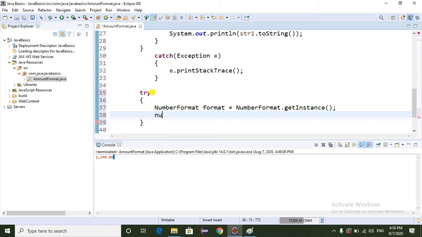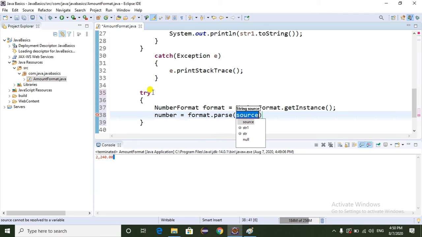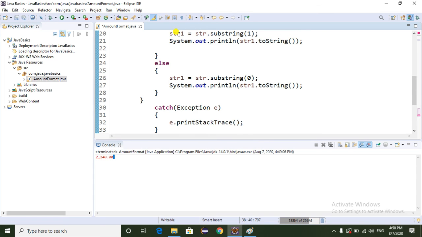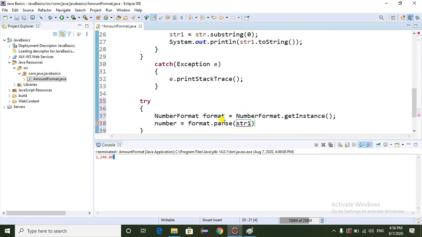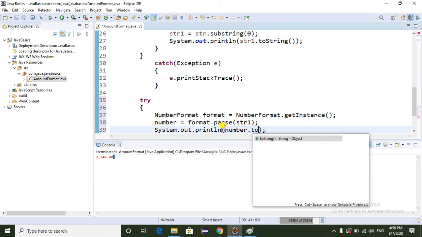Here number equal to format.parse. In this I am going to pass the output of the previous step as the input of this format. Here I am going to print the output, number.toString.